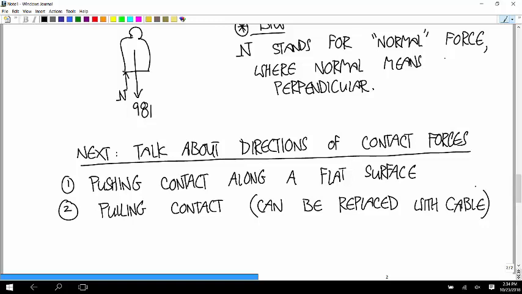Right now I'm pushing down on the table. If I moved just a little tiny amount of distance between my hand and the table, just move my hand up a little bit, would the same thing work if I replaced that with like a string or something? No, because I just push the string flat, and the string wouldn't apply any force at all. But now if I'm pulling up like this, could I replace a little bit of